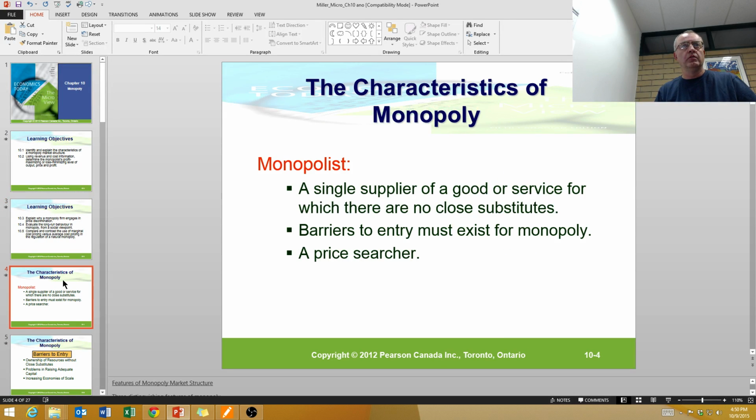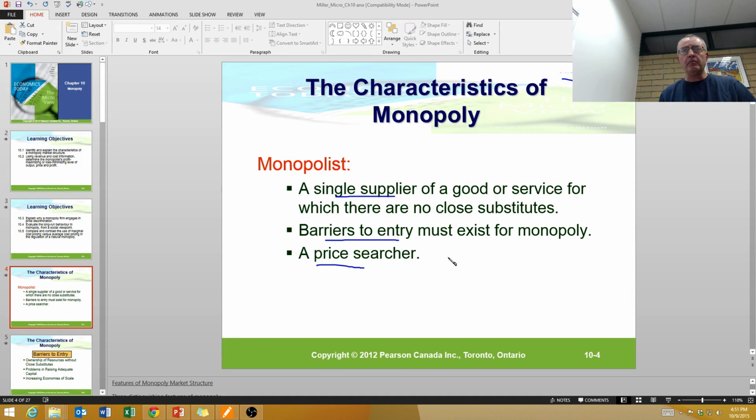Okay, so we have these three distinguishing features of monopoly. First, we have a single supplier of a product that lacks close substitutes. Secondly, we have barriers to entry. So if the industry earns economic profits, the barriers prevent competitors from joining. And then finally, the monopolist is a price searcher versus a price taker that we saw with perfect